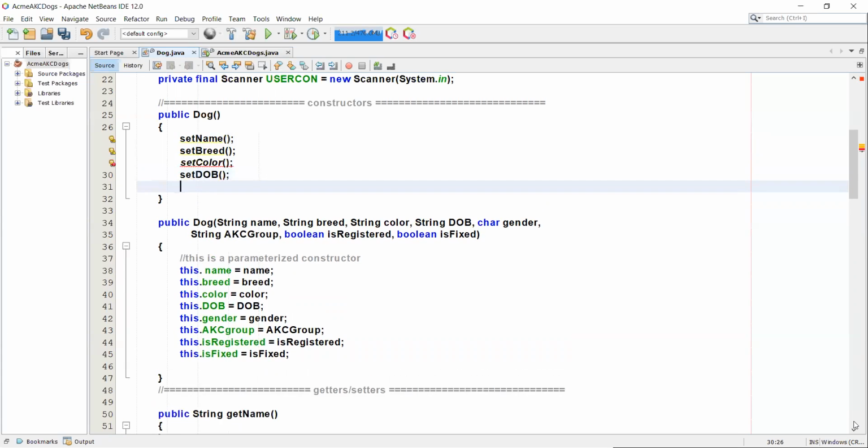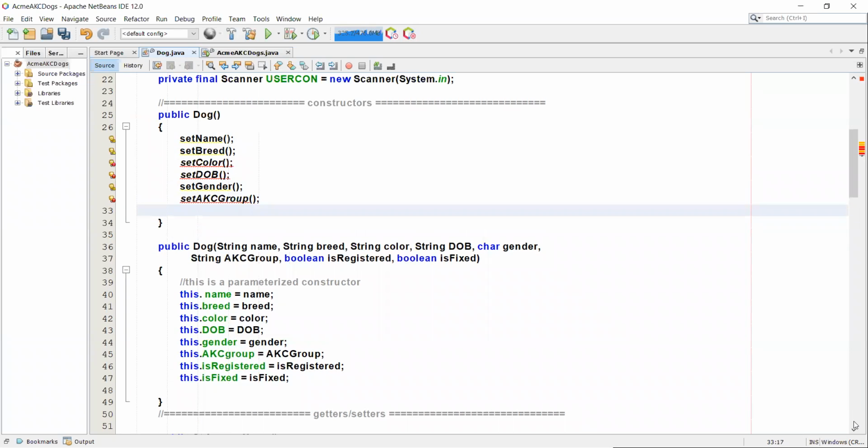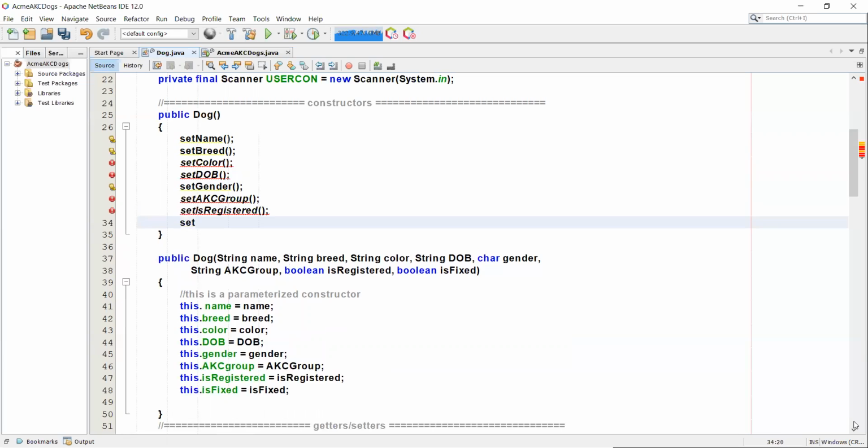Then we're going to say set gender. Then we're going to say set group. Oh, AKC group. I hope that's the way I spelled it. And then we're going to do set is registered and set is fixed. And these are all up in our